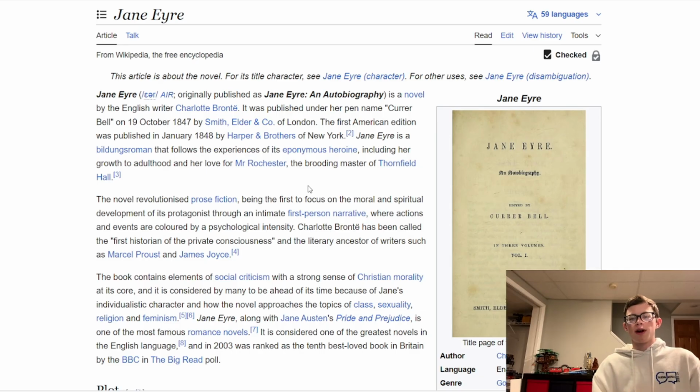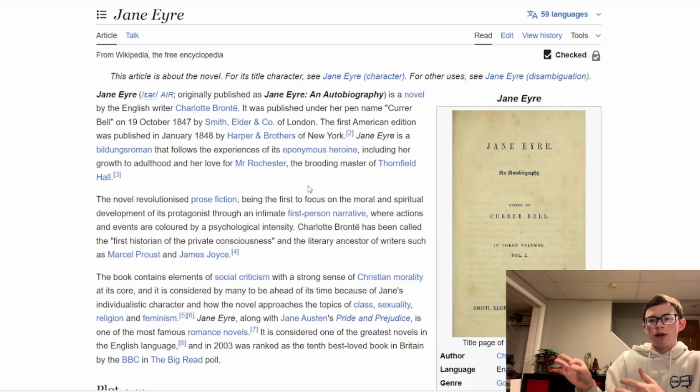But she's not treated very well. She's not allowed to play with her cousins. Mrs. Reed is her aunt, but is really cruel to her, puts her in the Red Room as punishment, which she messes up. And basically, the only person that's ever kind to her is a servant named Bessie. Eventually, her aunt sends her away to Lowood School, which is like a boarding school that's really meant as a